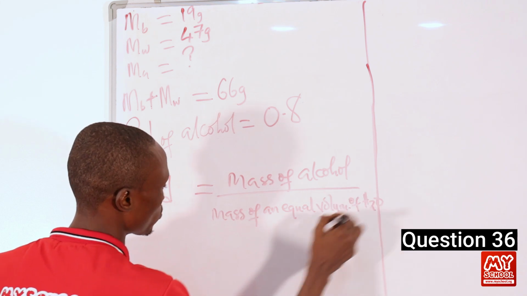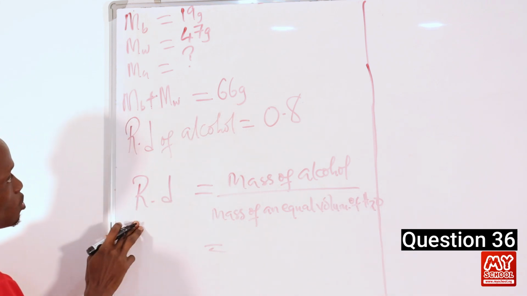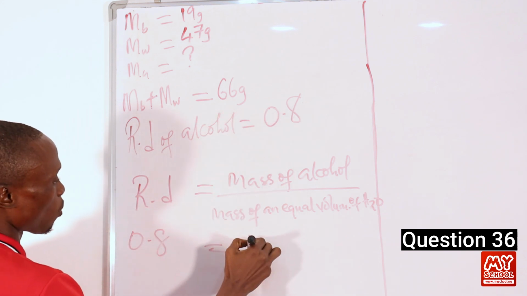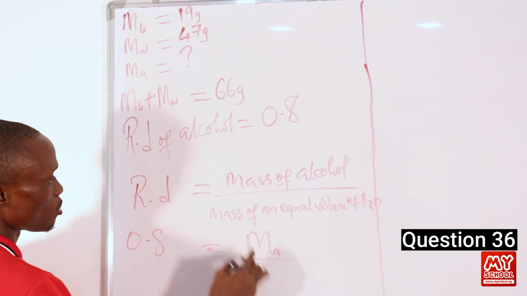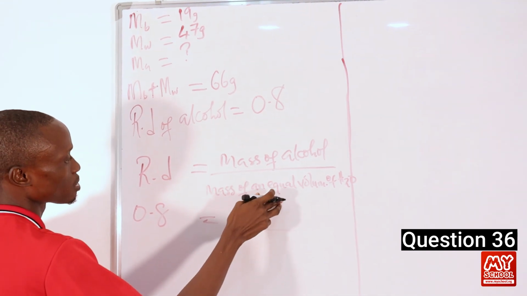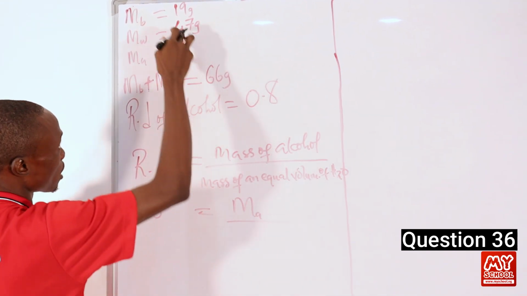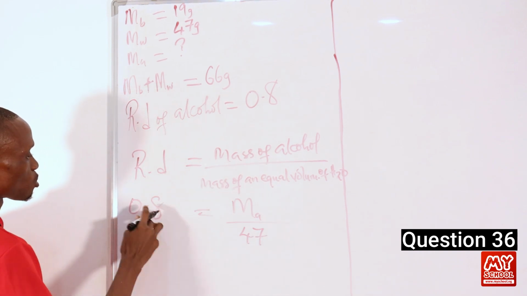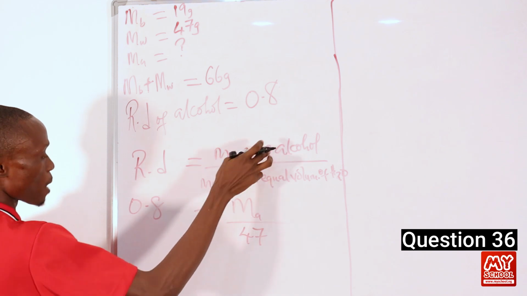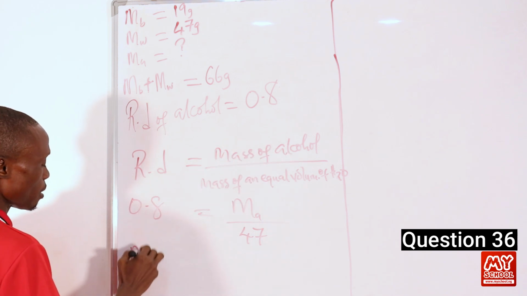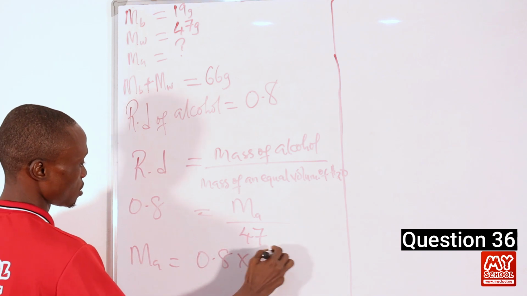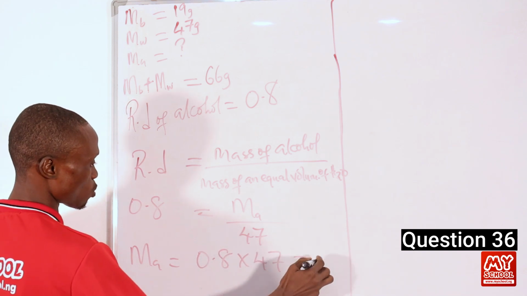So we just substitute the given values. The relative density of alcohol is given to us as 0.8. The mass of alcohol, we don't know, MA, over the mass of an equal volume of water, which is 47. So we can just cross multiply to get the mass of the alcohol. MA is equal to 0.8 times 47, and this will be equal to